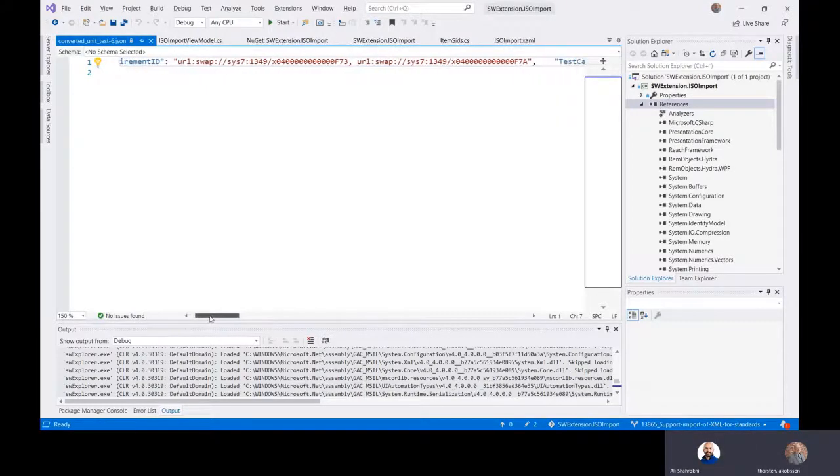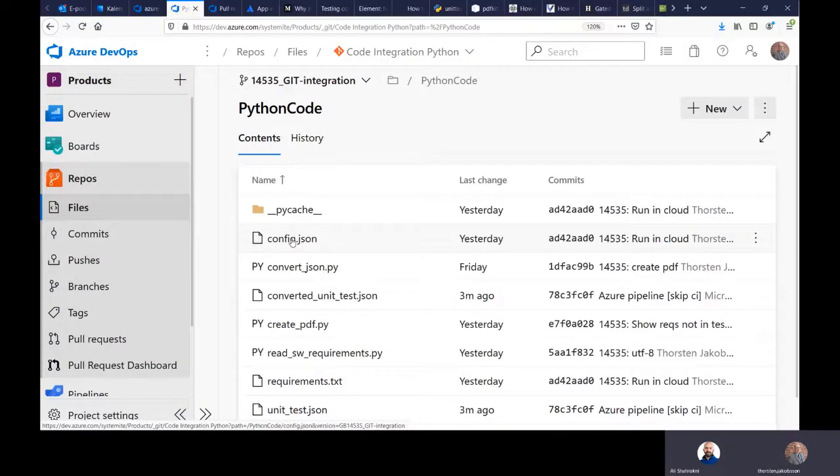Yeah, but here we see two requirements, right? We have the test case name. We have the test result if it passed or failed, and we have how long it took to run the test. So this would be a format that anyone can write to, and then you also executed another script to generate a PDF from this format. Yeah, that's correct. And maybe it's good to show the config file as well, config.json. We can put this format alongside the video